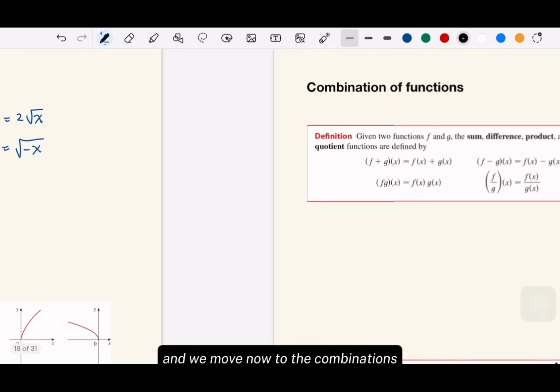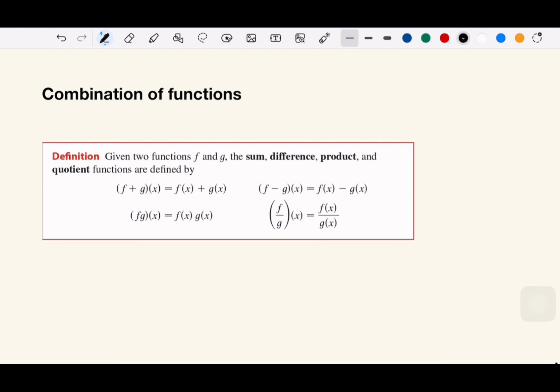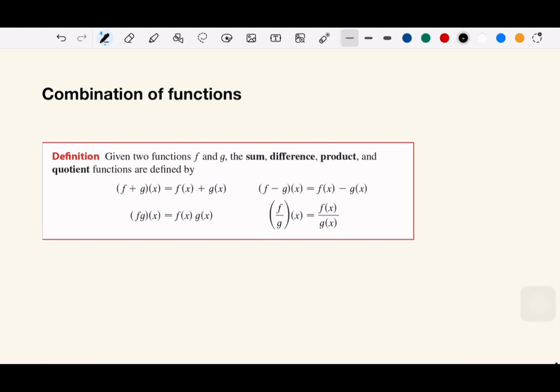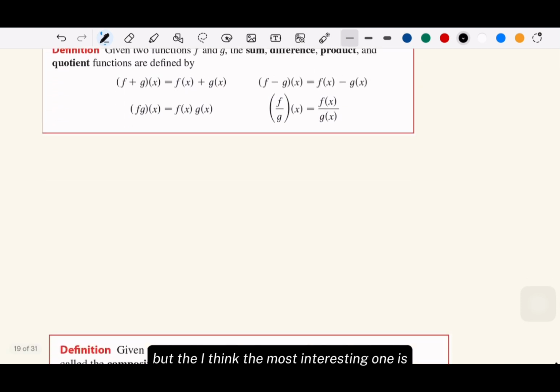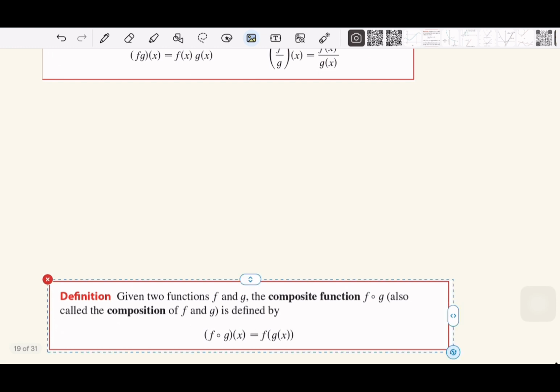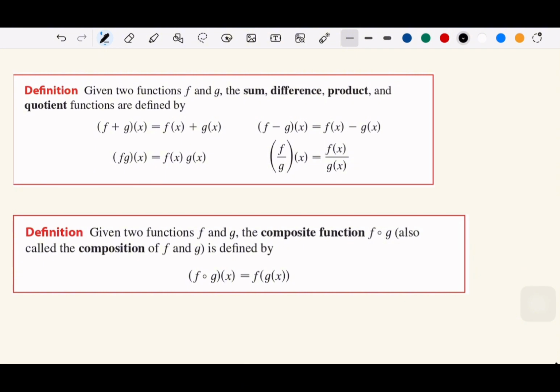Okay, we move now to the combinations. Now functions can be combined. We can add, we can subtract, we can multiply, we can divide. I think that's very basic. But I think the most interesting one is what we call the composite function, which is defined as this. So we usually say f∘g of x, not the word fog, which means that